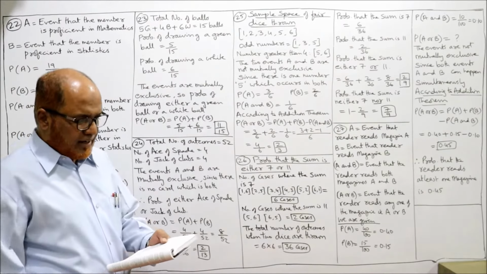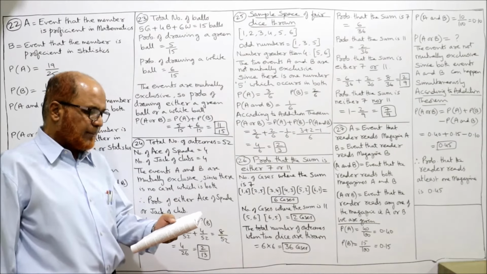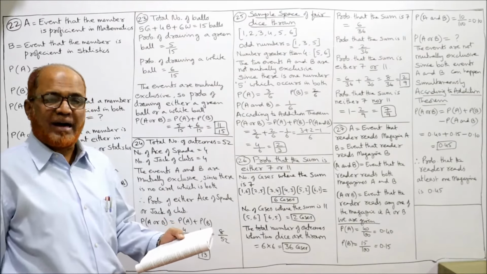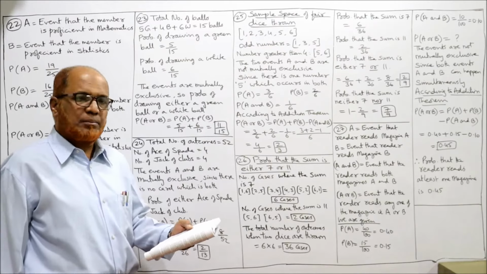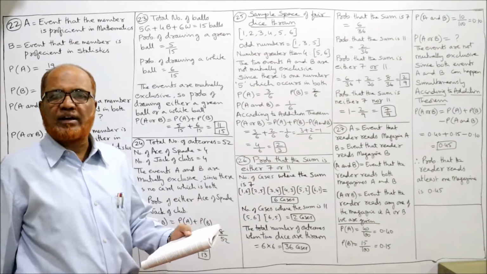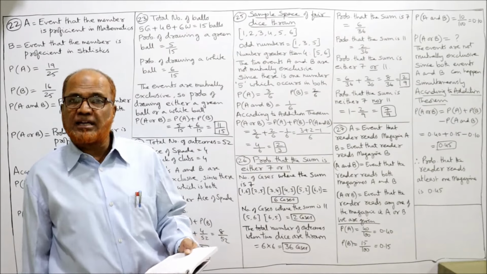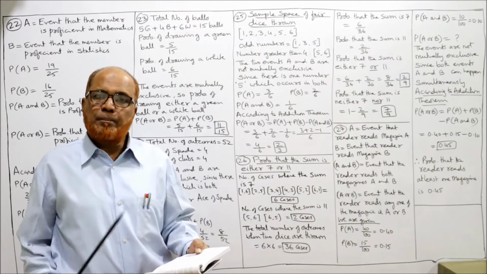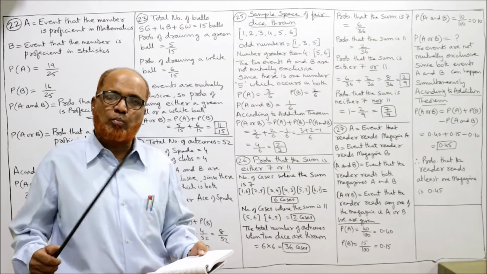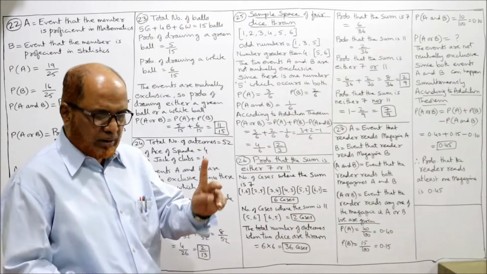In a survey of 100 readers, it was found that 40 read magazine A. 100 readers का एक सर्वे करें जिसमें 40 readers read magazine A, 15 read magazine B and 10 read both. Suppose A is the event that the person reads magazine A, B is the event that the person reads magazine B, and P of A and B is the probability that the person reads both the magazines A and B. What is the probability of a person reading at least one magazine?